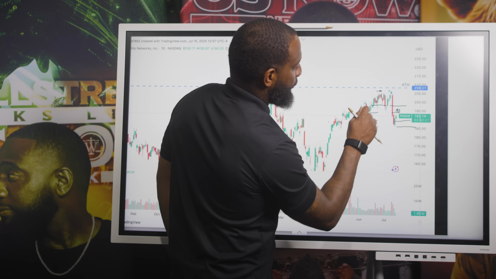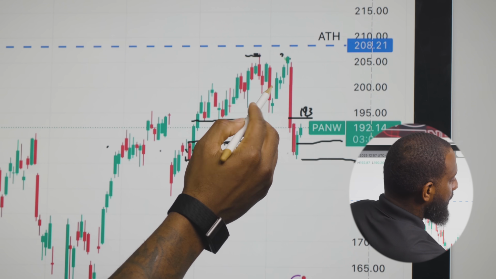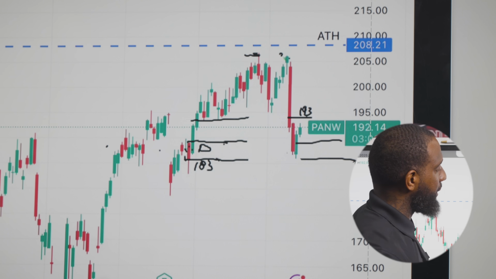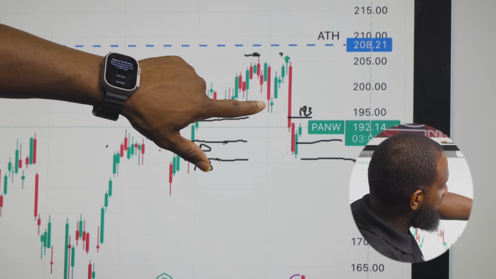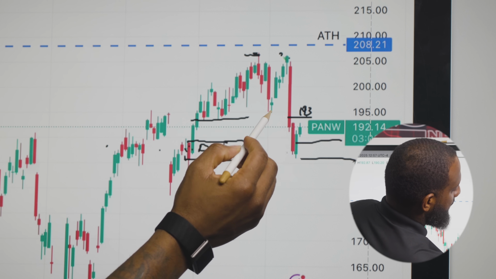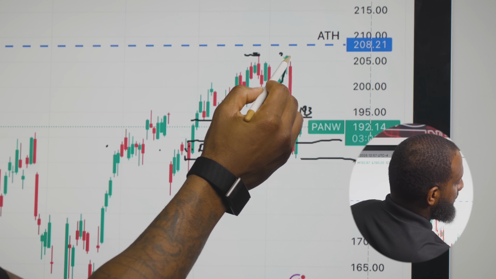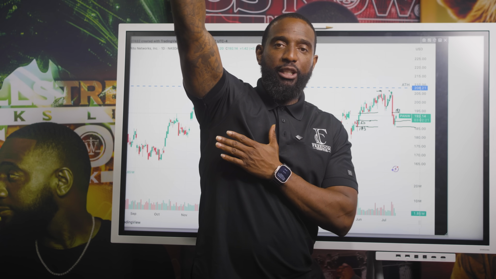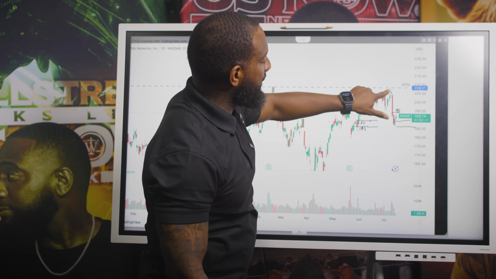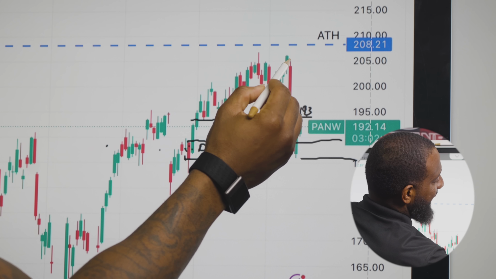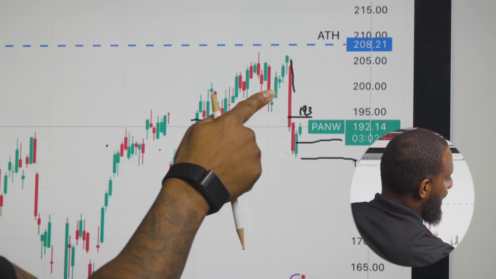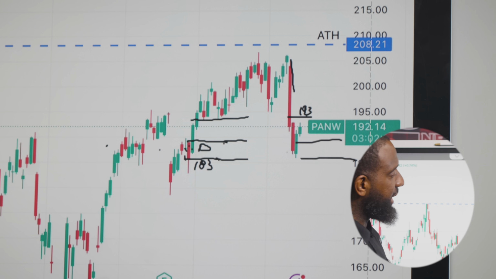So what happened was, if you look right here, you see this green right here, right? This candle right here, coming off this spinning top, well, coming off this doji, I'll just call it that, right? Coming off the bottom, this becomes an impulse move up. So impulse is when the market shoots up, right? This becomes an impulse move. So off of this impulse move, I didn't take the downside until it broke this level right here. Well, why did you take the downside when it broke that level right there, Trap?